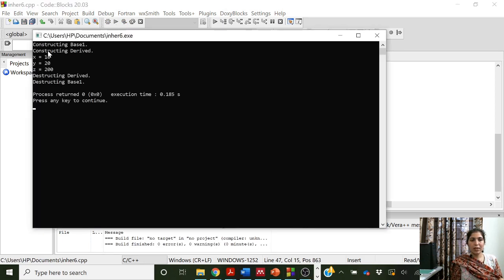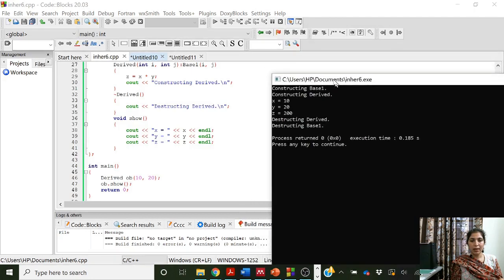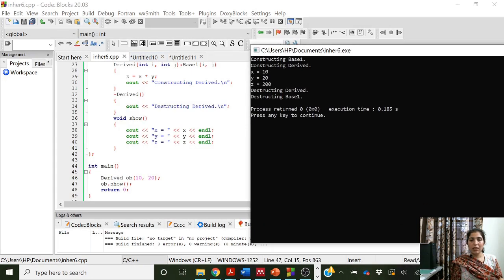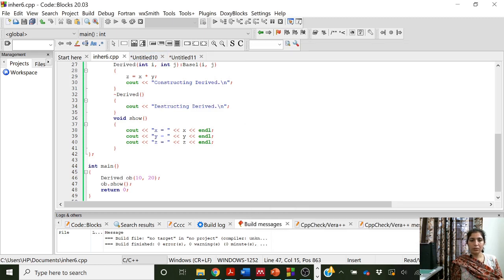So constructing base 1, then constructing derived. So x was initialized to 10, y was initialized to 20, and in the constructor we initialize z is equal to x multiplied by y, so z is 200. Okay.